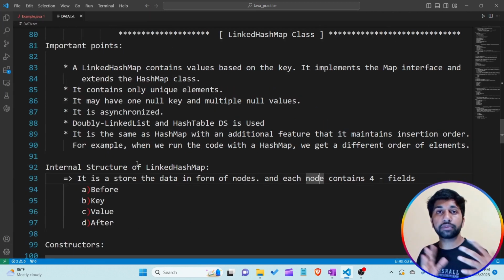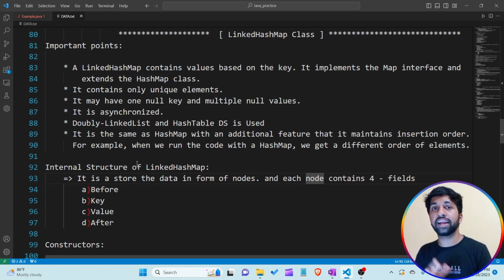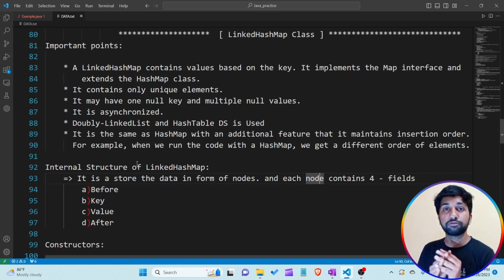When we're talking about the HashMap class, we are storing the elements into the group. HashMap does not follow any type of ordering for storing the data into the memory. But the major difference between the HashMap class and the LinkedHashMap class is that LinkedHashMap follows an ordering for storing the elements, meaning in which order we insert the elements into the LinkedHashMap object,